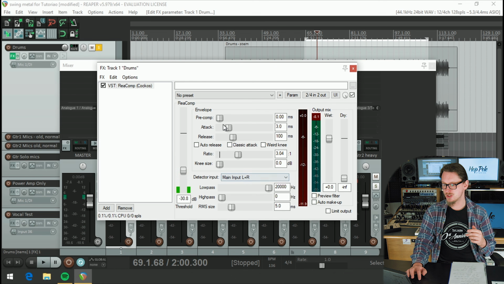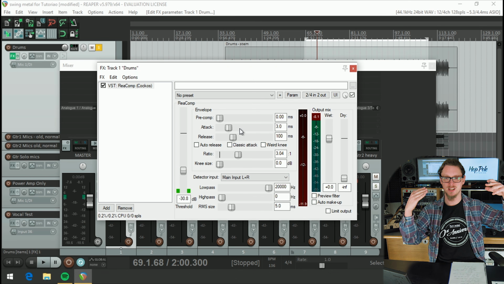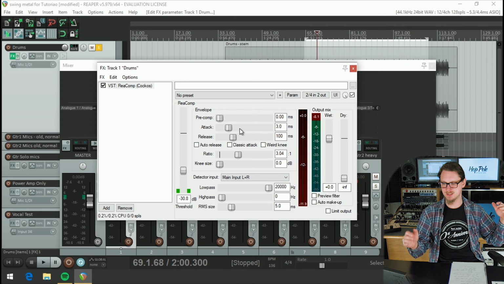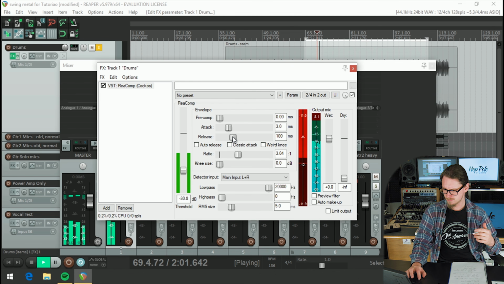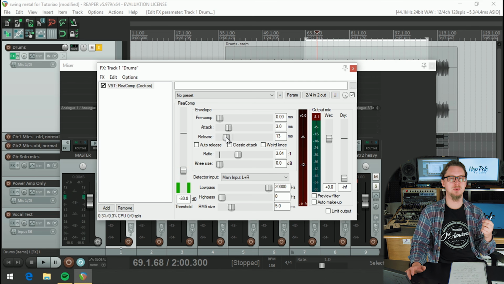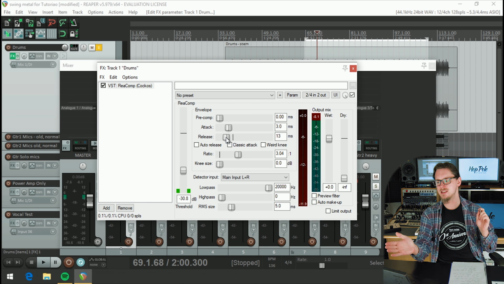So then we've got all these controls. So we can do things like, I personally like the release to be a smaller number, faster, which means instead of that kind of sound that you get after the compressor kicks in, it kind of lifts that a little. And I don't tend to go for specific numbers, I do tend to just use my intuition and use my ears there. What I'm listening for is not having that